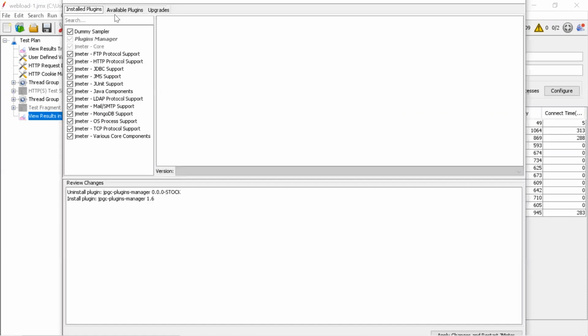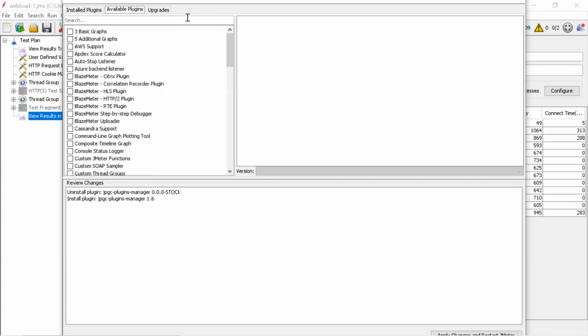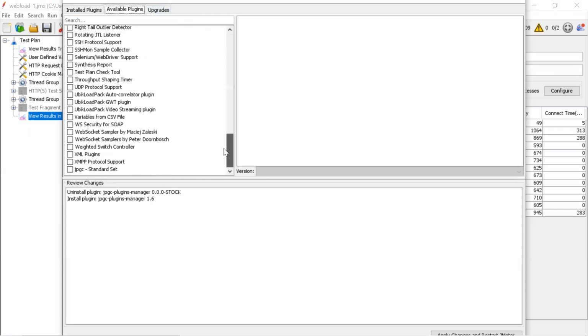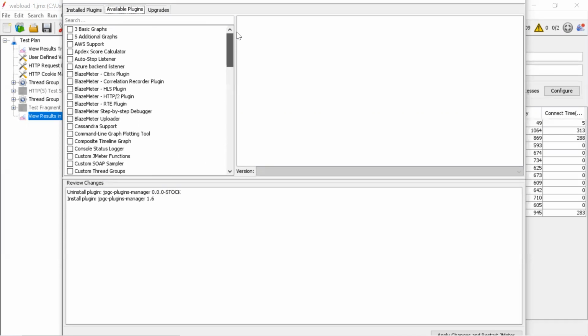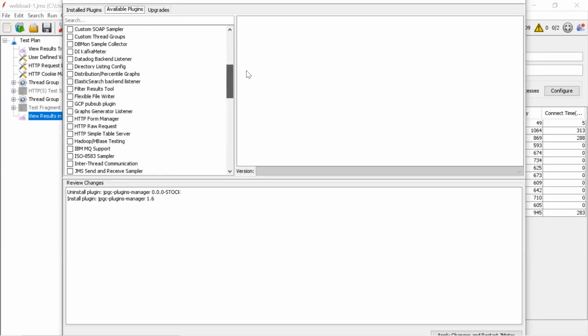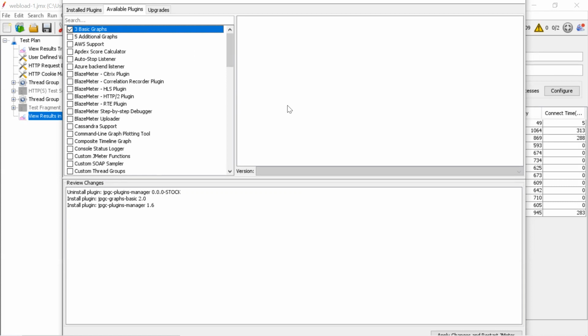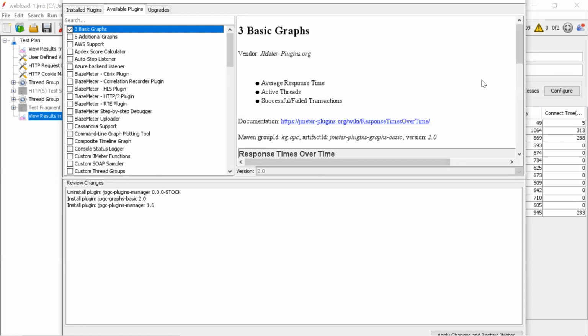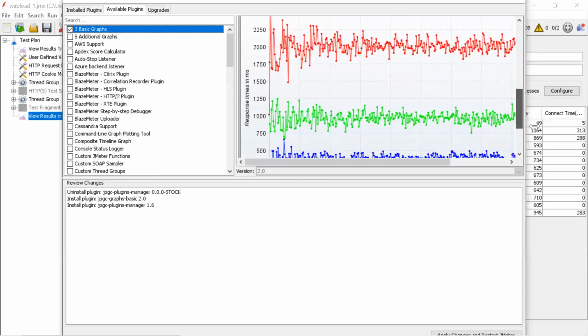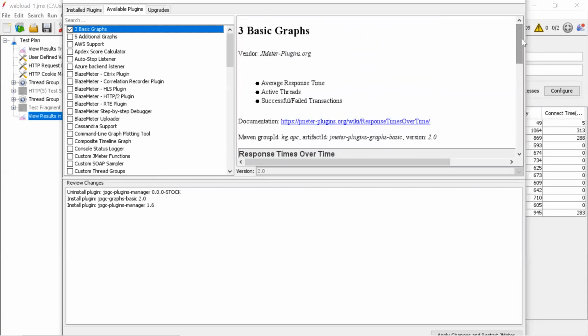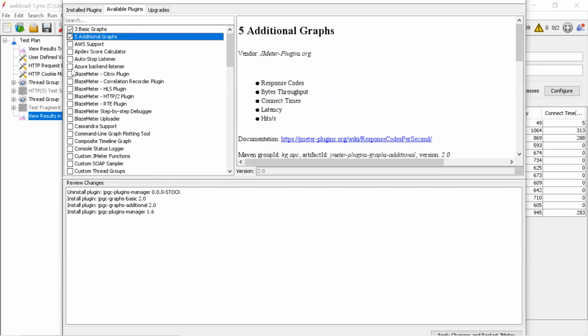Just click on it. And for me, I will install these things that are showing here. For you, it will show everything. I would suggest installing most of the things, even though you're not required, but you will have an idea. Sometimes you'll get some errors with the license or something, and then you can ignore or uninstall them. If you want to know a specific thing, you can just simply select whatever you want, and JMeter will load everything here. You can go to the documentation and understand what is what and what is required. So I will select here most of the things which are required for me.